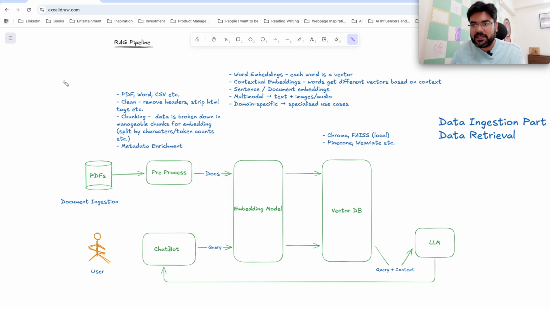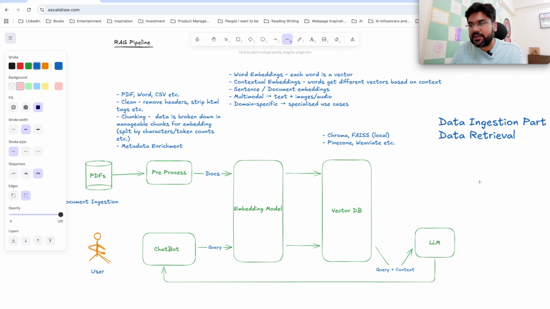Basically, embedding means you give a particular place to the chunks in the vector database. Now, a vector database is a three-dimensional space. Understand it like a three-dimensional space, and this